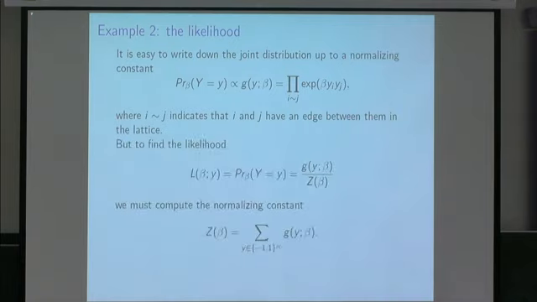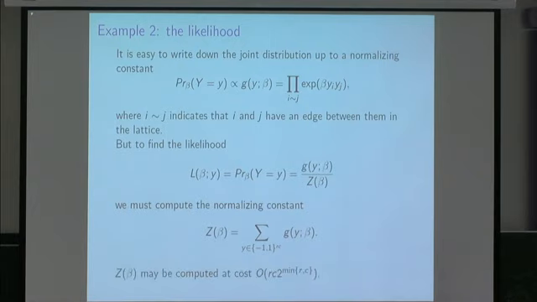The problem comes because the likelihood, which is exactly the same quantity, the probability of seeing the actual observed data given a particular fixed value of beta, to find that we actually have to find this normalizing constant, because the normalizing constant depends on the value of the parameters. So the normalizing constant just says sum up all possibilities for those unnormalized probabilities g. So it says sum g over all possible combinations of the r times c variables, and each of them can take values -1 or 1. So there's 2 to the r times c possible combinations to look at. So it seems like that's going to be a very nasty thing to compute.